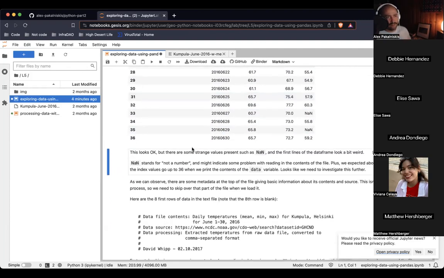And this is going to be a lot of your work with pandas, learning the ins and outs of working with data, because it's oftentimes not perfectly clean. There's going to be weird